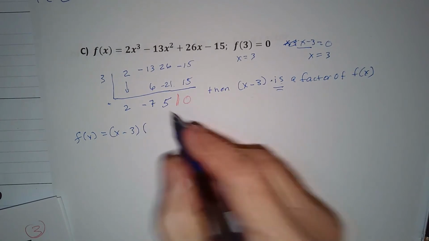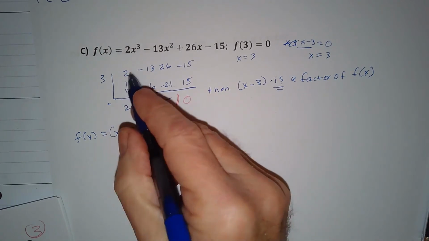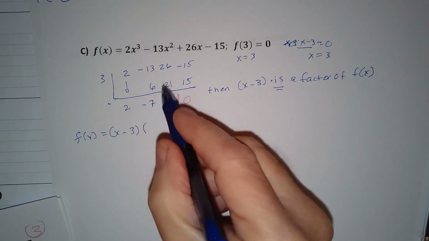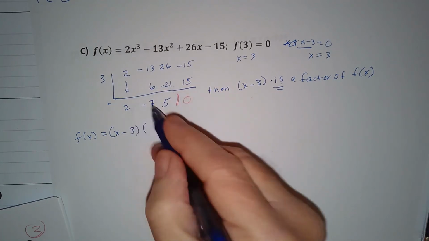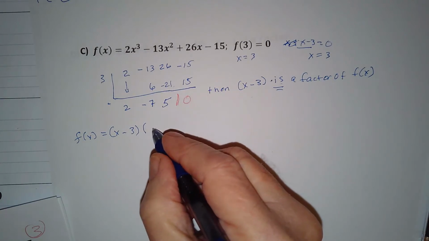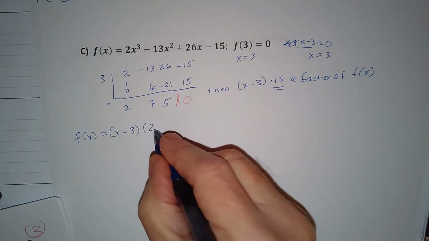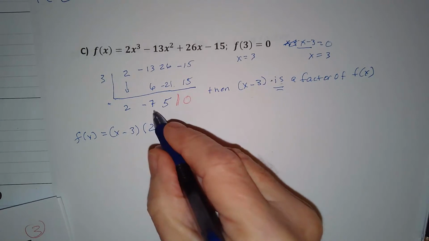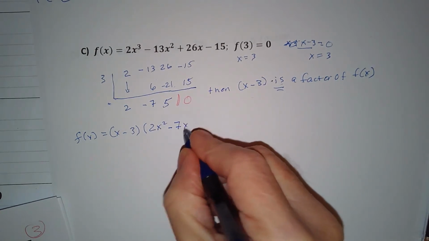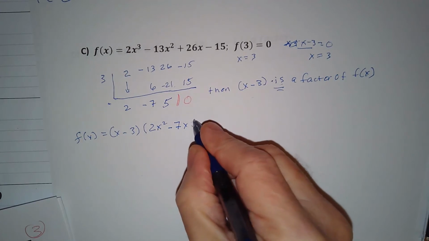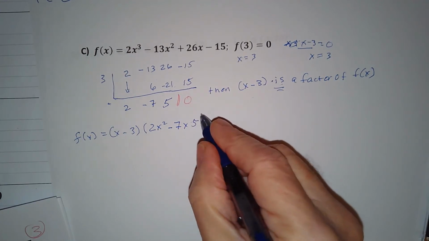times, and then, now remember, this had been cubed, but we divided off an x to get the factor over here, so this is now going to be 2x squared. This is now squared. This is going to be negative 7x, and then we bring down the 5. Right? Now,